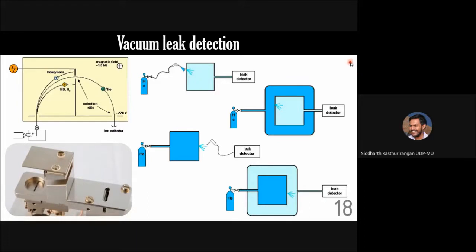Another extremely important thing is the ability to detect leaks, because in a large vacuum system, if you achieve the vacuum, then good, everyone is happy. If vacuum is not coming for a certain reason, then anywhere in the entire vacuum system there could be a leak, which is leading to that situation where you are not able to achieve the vacuum. In that kind of situation, how do you find out where the leak is located?